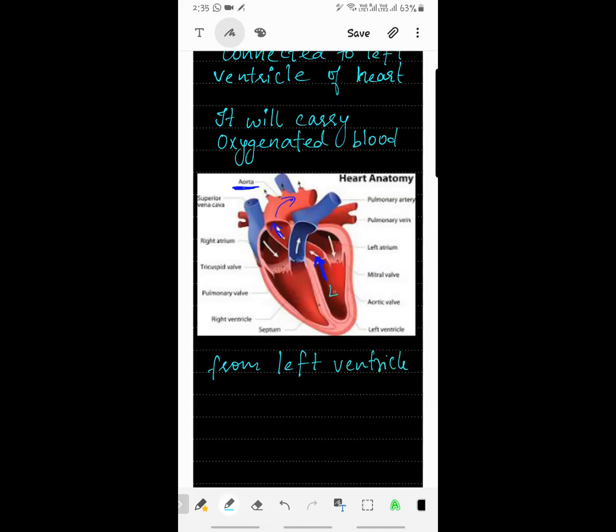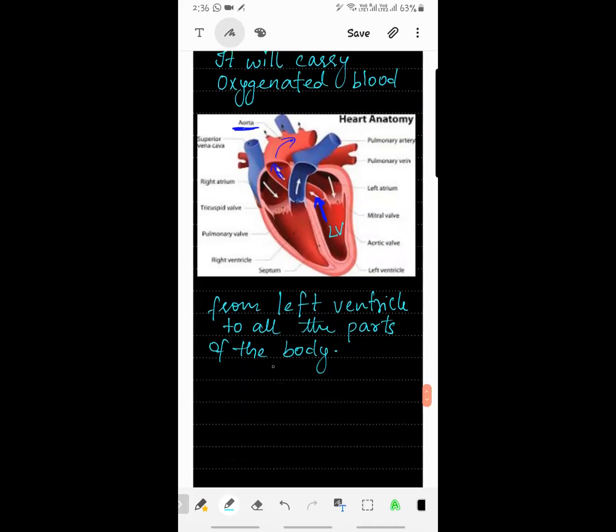You can see this is the left ventricle, to all the parts of the body. It means the left ventricle supplies oxygenated blood. Oxygenated blood is in red color, deoxygenated blood is in blue color. At the end of the chapter I will tell you why it is given like that. So to all parts of the body